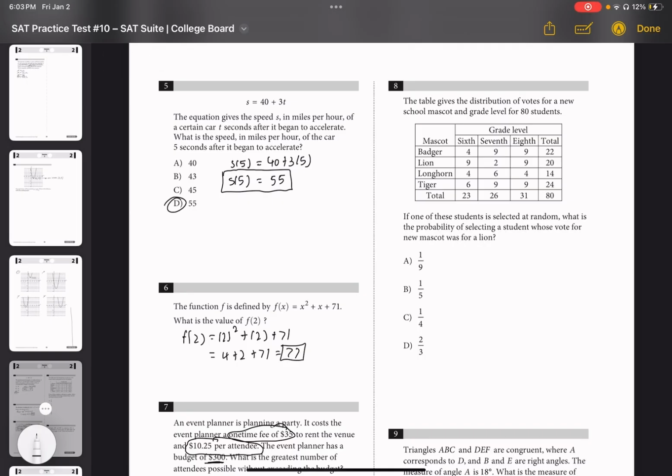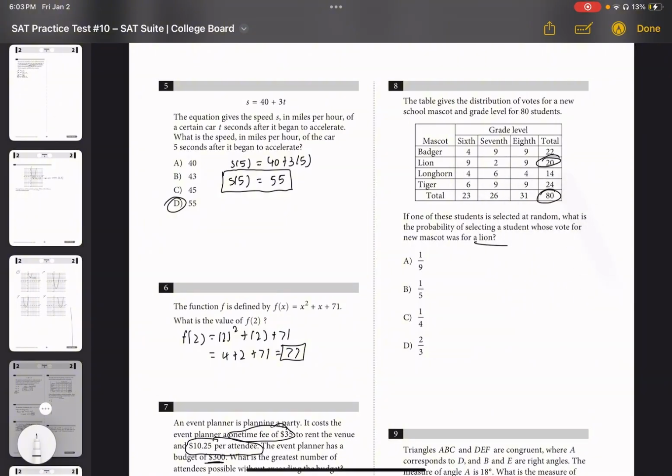Question 8. The table gives the distribution of votes for a new school mascot and grade level for 80 students. If one of these students is selected at random, what is the probability of selecting a student whose vote for the new mascot was a lion? Well, it's not saying anything about grade level selection here, so you can pick any grade level, so out of a total of 80 students, and it's saying probability for a new mascot of a lion, and you look